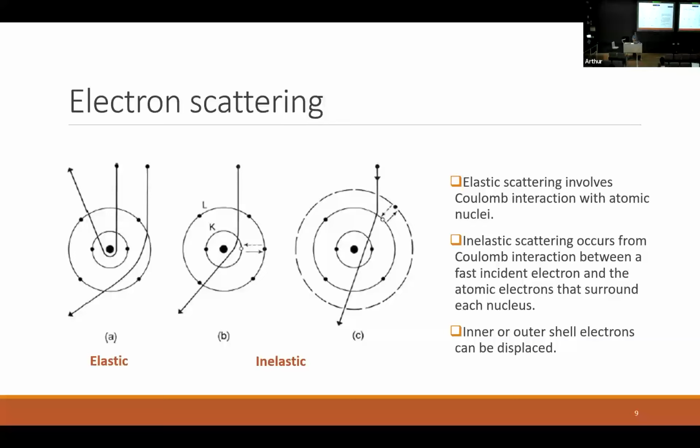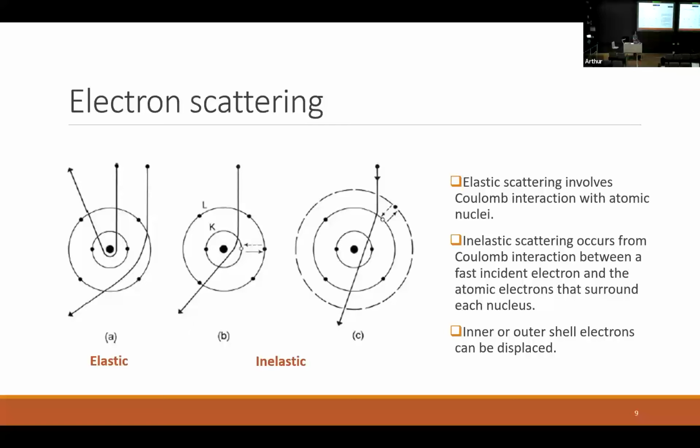That's because to excite these electrons into other levels or into the conduction band, we're going to need to put energy into the system. You've got to knock them out, right? You've got a hammer, you've got to knock it out. And that energy has to come from somewhere. Where that's going to come from is the incoming electron beam. So the electron beam comes in at a certain energy, causes one of these interactions and comes out at a slightly lower energy. And that's the whole idea of EELS: we're going to collect the electrons that come through and look at their energies.